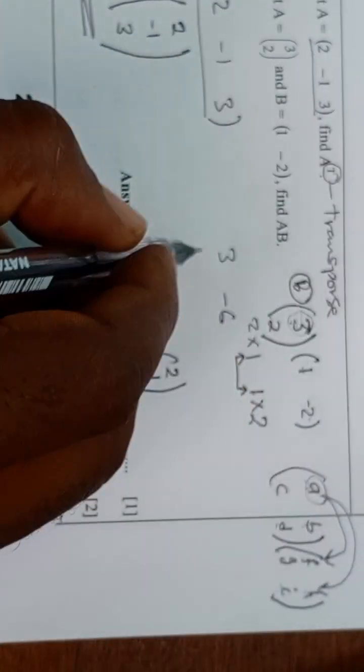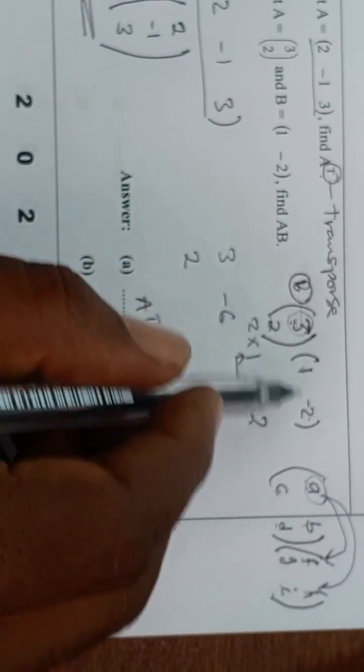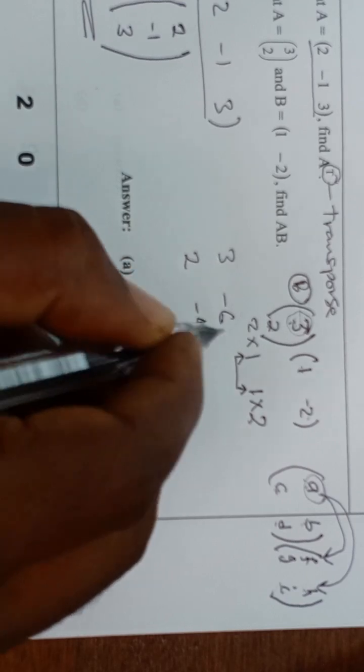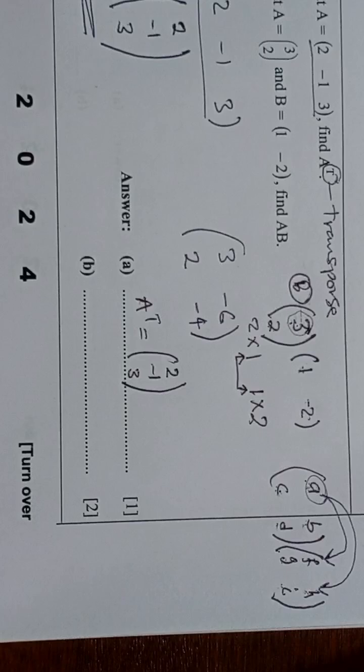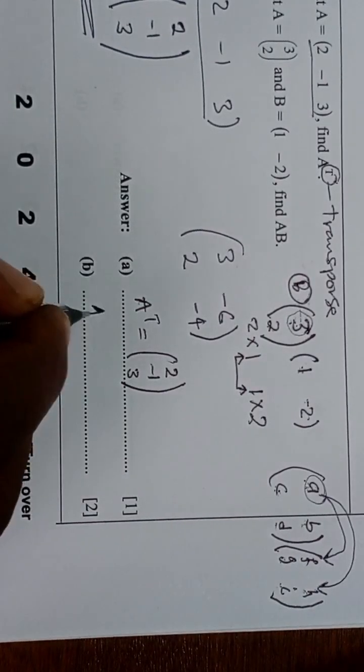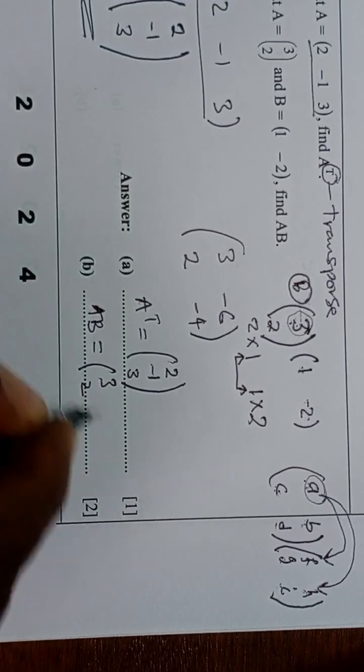So 2 times 1, which is 2. Again, c times h, which is 2 times -2, it is -4. So this is matrix AB. So matrix AB is equal to 3, 2,